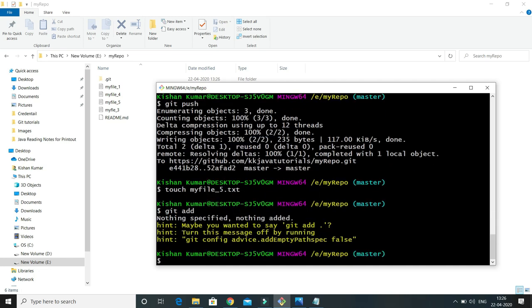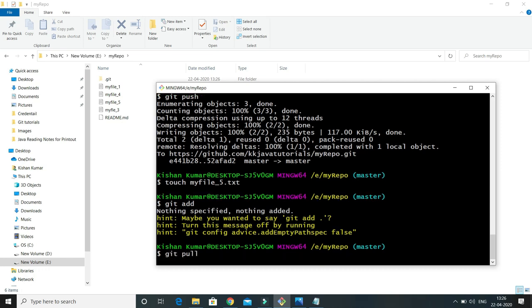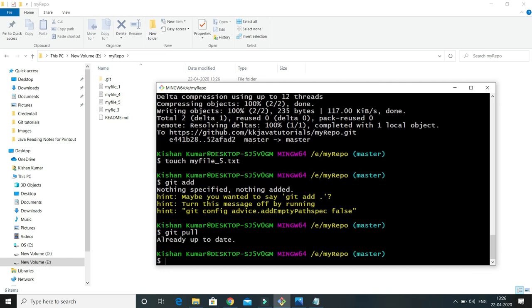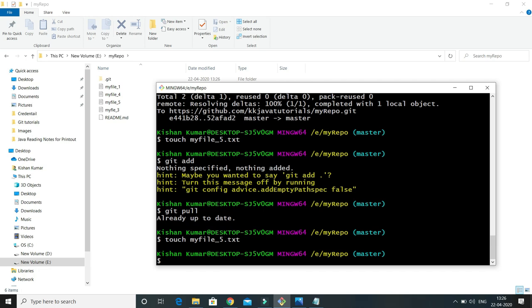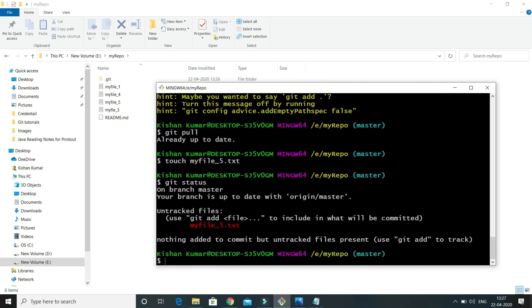Okay, so before that we had done some checking, so let's pull our changes from the remote repository. Now what we will do, we will add this file into our staging area. Now if I do git status, then here you can see this file is added.